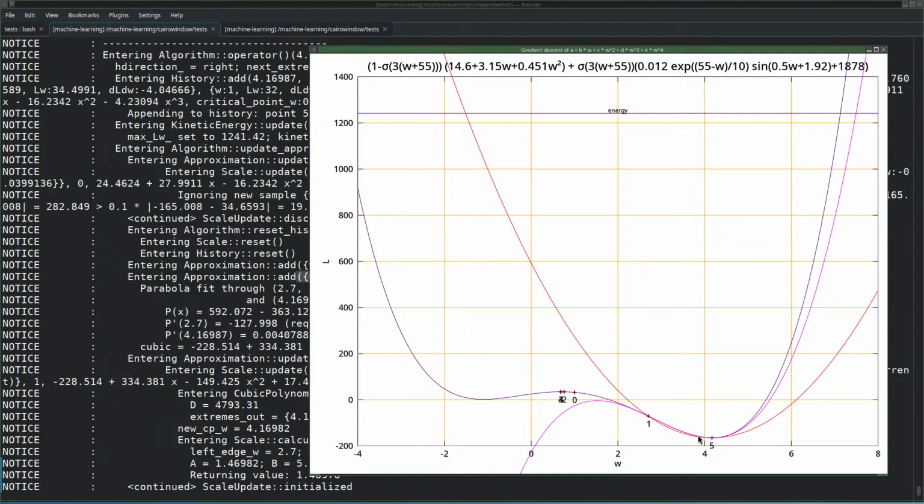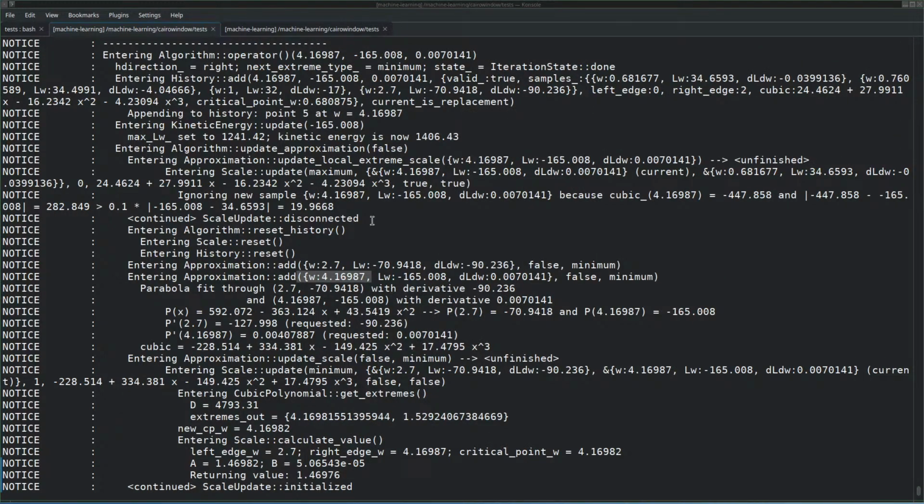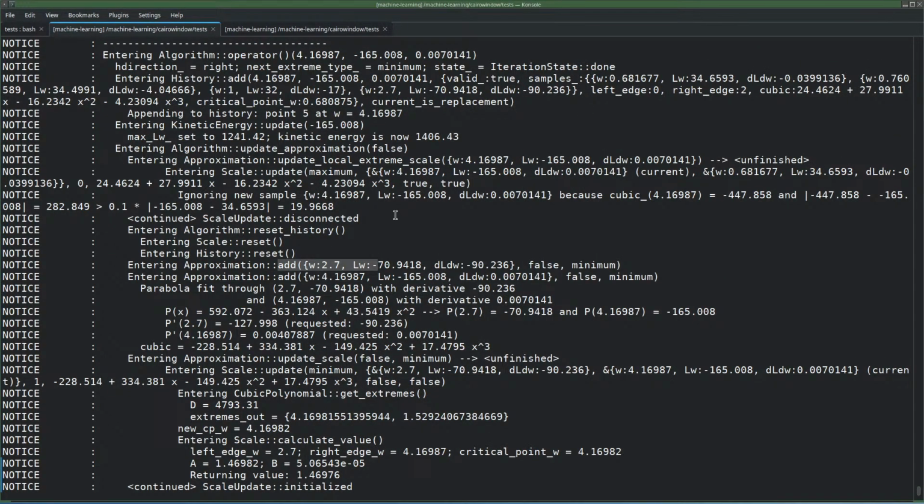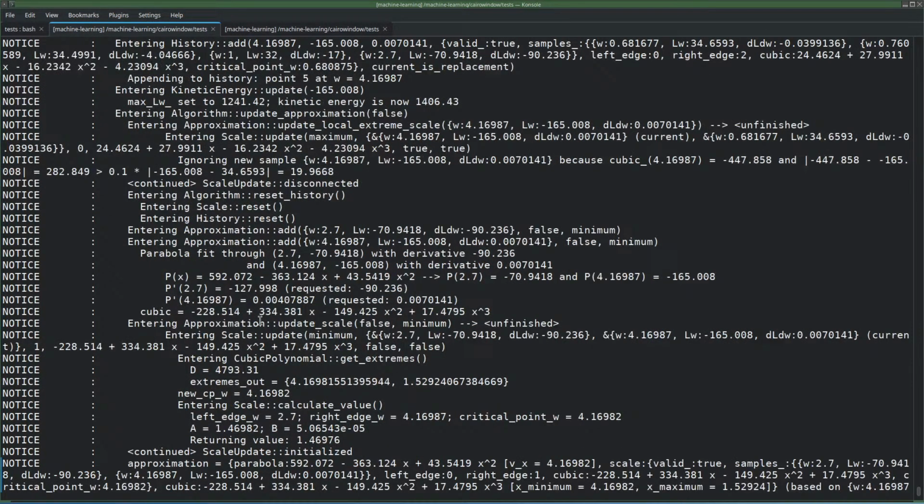But the closer to 5 the better, so we find 1, add that to the approximation, and then we have this approximation, the magenta one, going through 1 and 5. So we do find 1, but the history is still empty, basically. So then we go to,